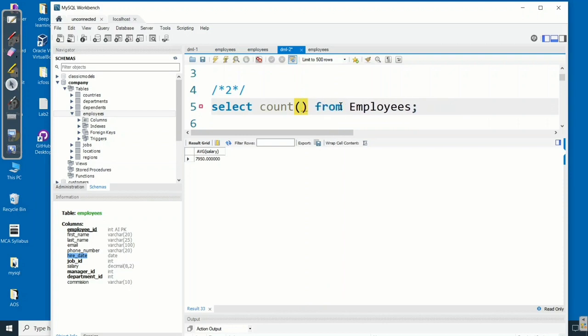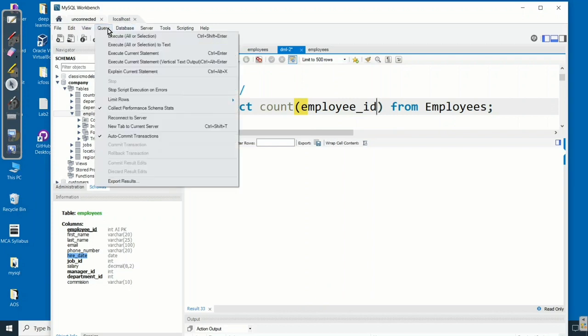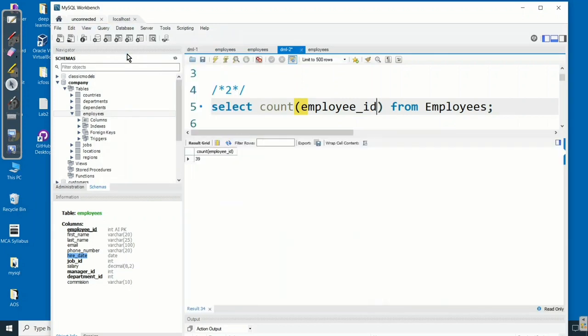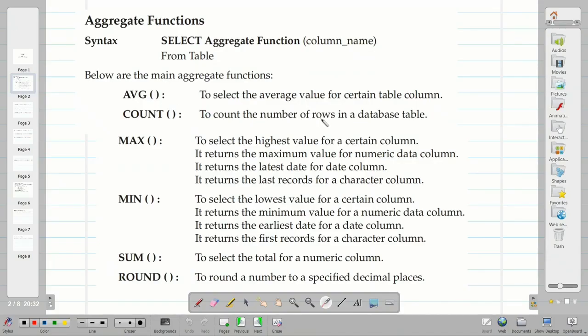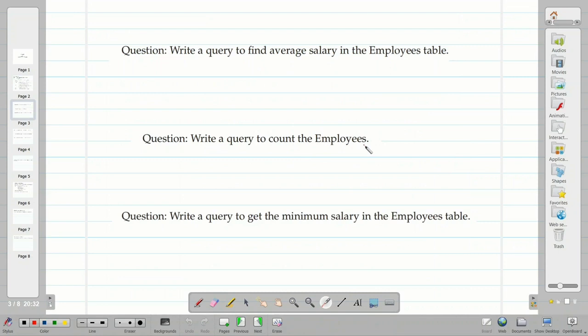You can give the employee ID column, because this is the primary key. So employee ID from employees. Execute. Here we have 39 employees.